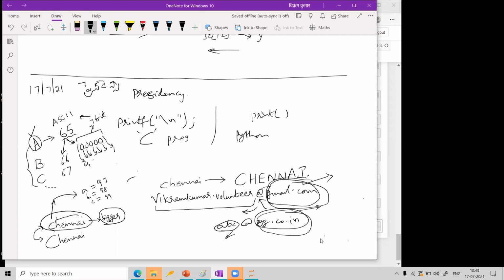Other things are same. This part is equal, but this part, you see, this value is 99 and this value is only 67. So which is bigger now? Did you understand this concept?